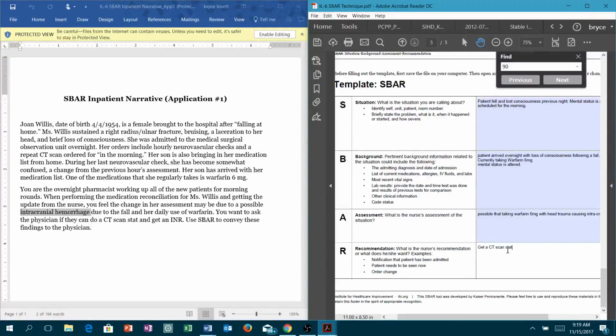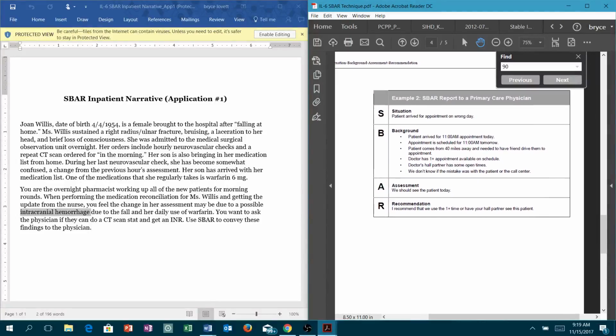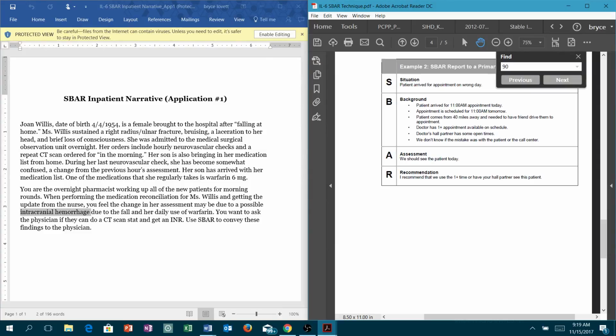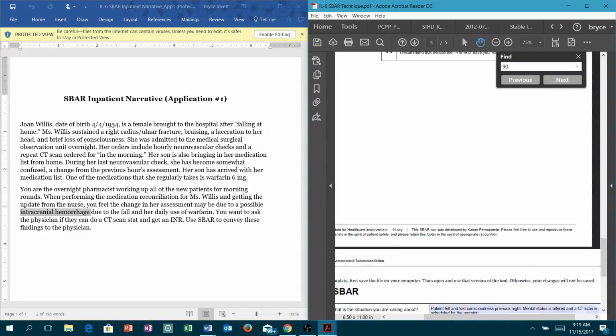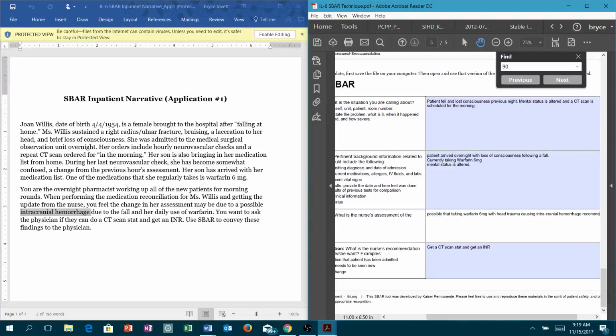So we don't have so far a concern that she might have because of this attendance. Situation, like, how do you phrase the thing? Like, just, I'm concerned that she might have an intracranial hemorrhage due to the fall, and then background you would say